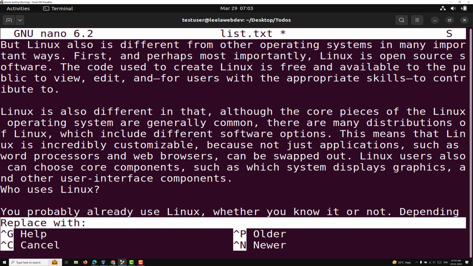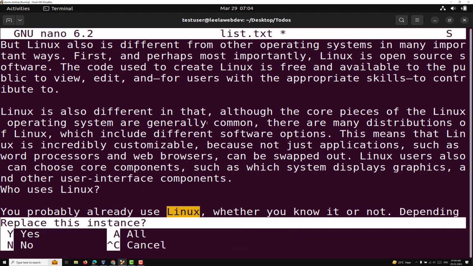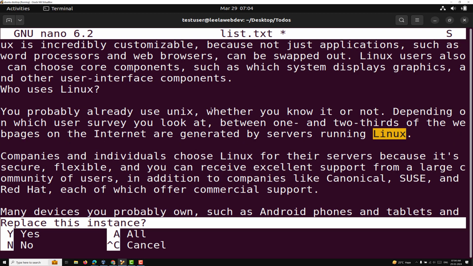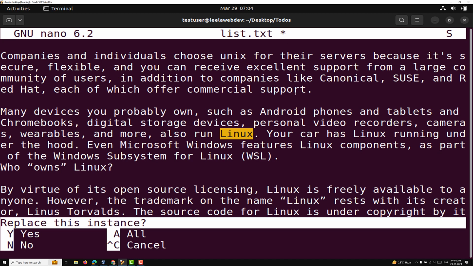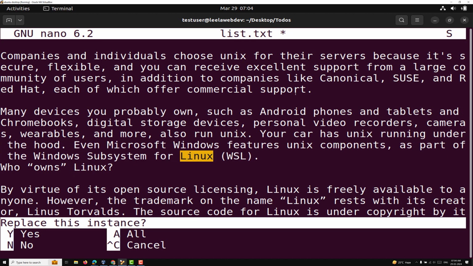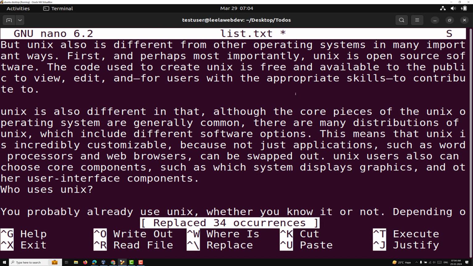And here it will ask you what you want to replace it with. Let's say I want to replace Linux with Unix, and press enter. It will ask you, I have found this occurrence, do you want to replace? So you just press Y for yes, and automatically that one will be replaced. So here you will be able to see that Linux has been replaced with Unix. So like this you can go on, press S, so that it will be replaced. If you want to replace all of them, just press A,